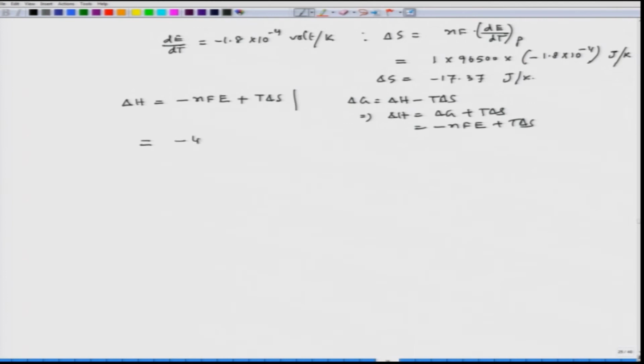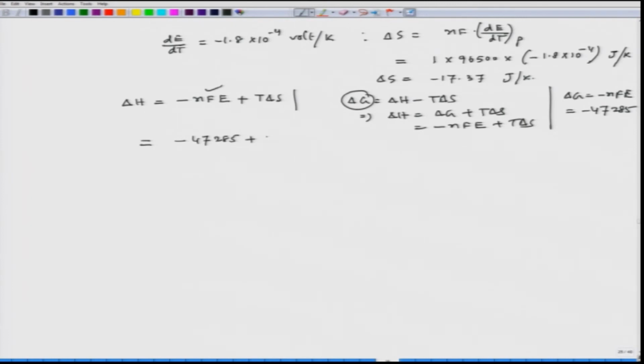This is minus 47285, since this value we have calculated from this equation, delta G equal to minus nFE, and we have found that value to be minus 47285